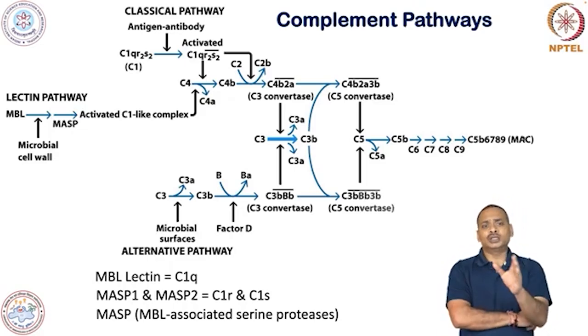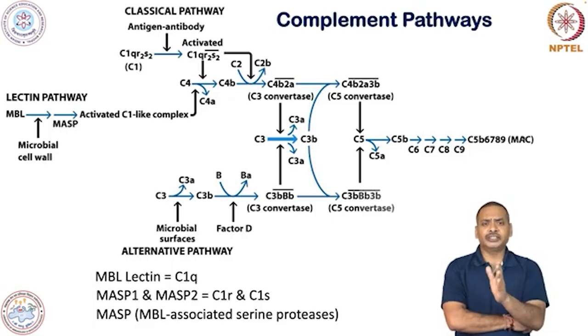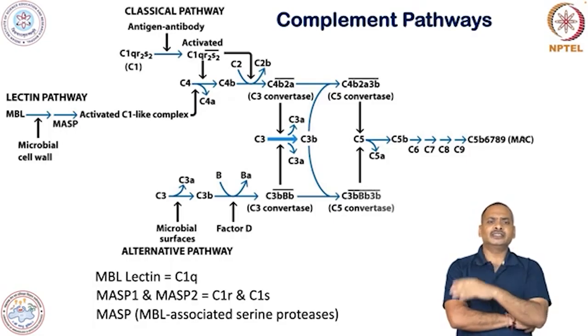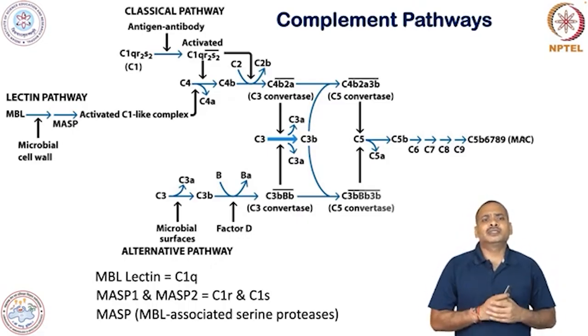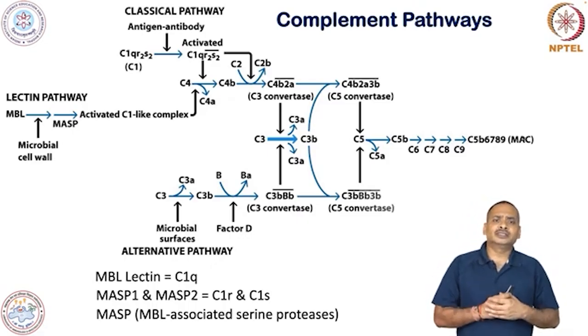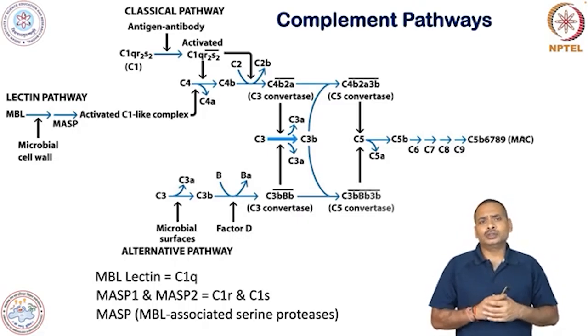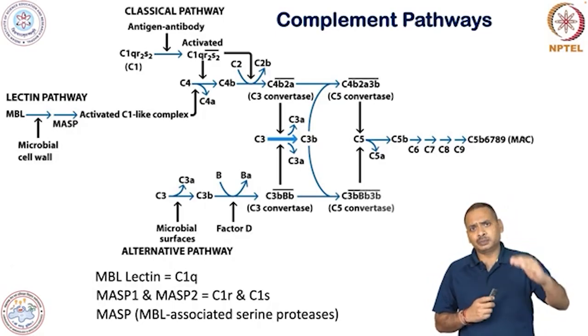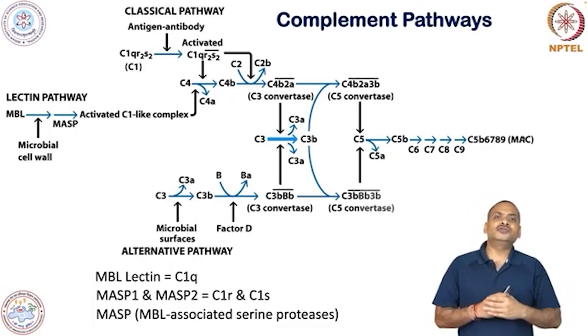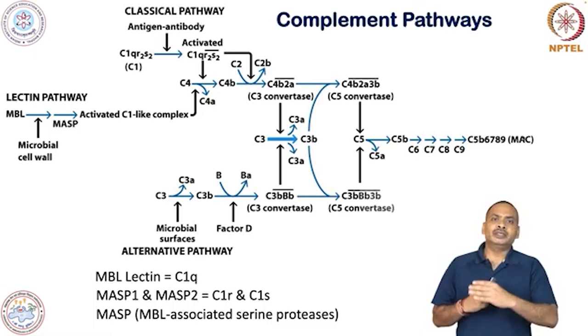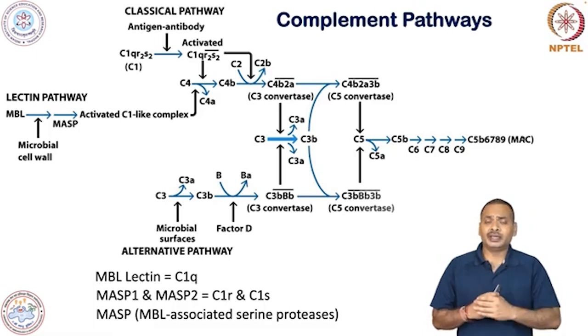The C4 will split into C4A and C4B, okay, and this C4A basically interacts with C2, which will split into C2A and C2B, okay, and this C4A to B or 2A has a